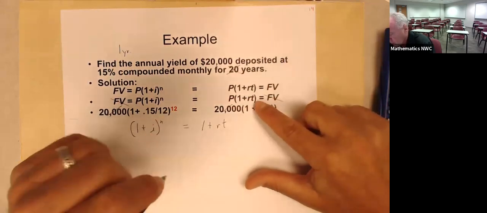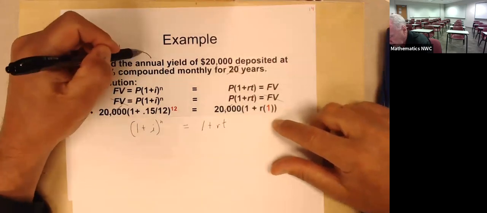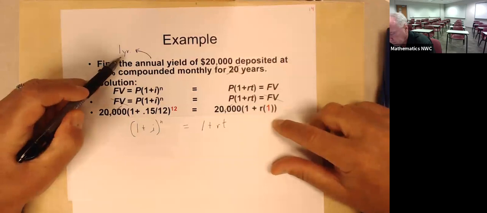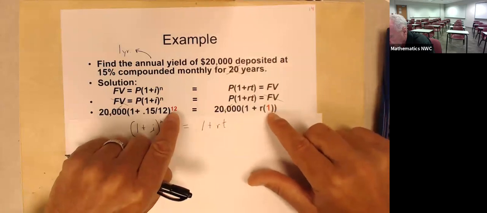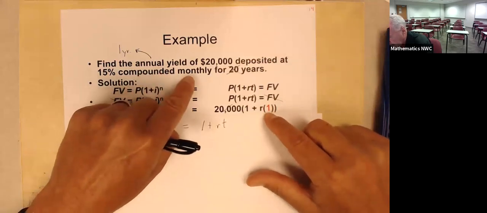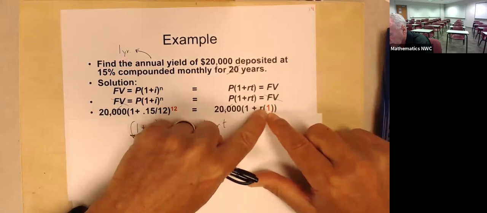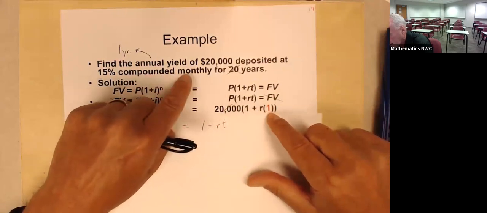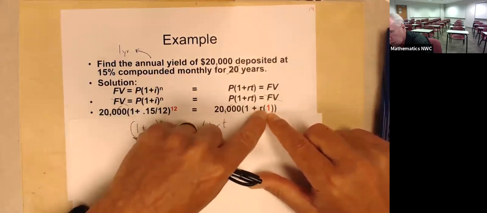In our simple interest formula, T stood for the number of years. Because annual yield is always referring to 1 year, I have a 1 there, not a 20. Can't emphasize enough, that is going to be based on 1 year. If it had been compounded quarterly, it would have been 4 times 1 year, it would have been a red 4. This would have still been 1. If it had been compounded daily, 365 for 1 year, this red number would have been 365. This would have still been 1. This will always be 1 here for this